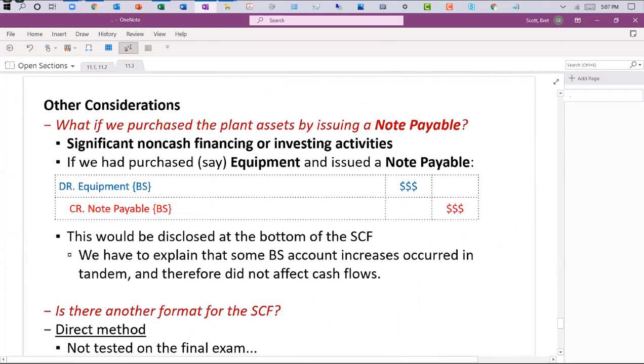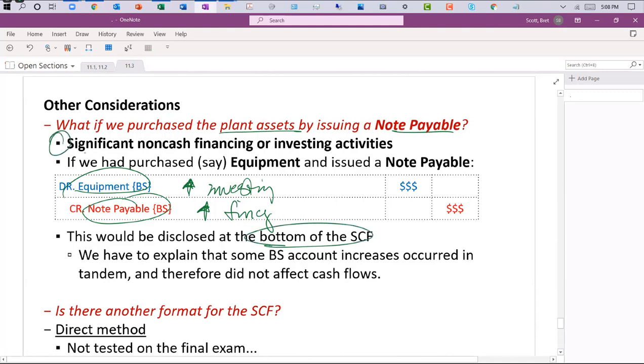Other considerations: going back to that question, what if we bought plant assets using a note payable? So what if we got equipment, but we didn't pay cash for it? We issued a note payable. Well, that would be an increase in investing activities, and the note payable would be an increase in financing activities. But these don't affect cash. So we need to disclose at the bottom of the statement of cash flows any significant non-cash financing or investing